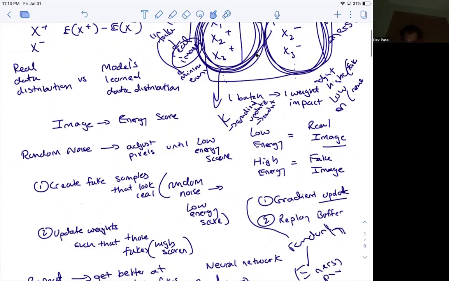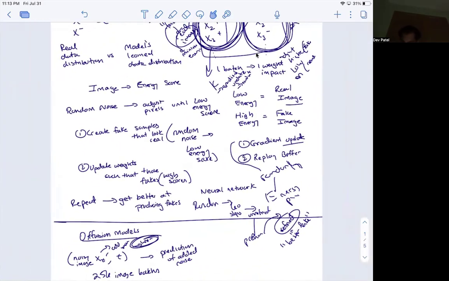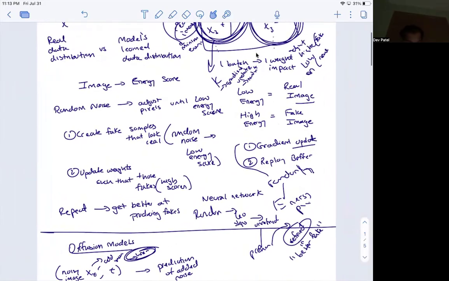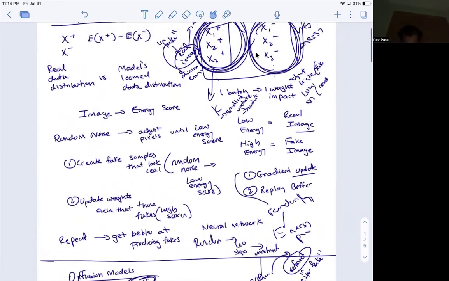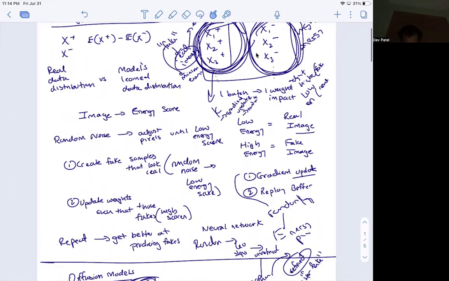EBMs, we talked about replay buffers, creating updates. And again, replay buffers are about where you start. Are you starting from random noise, or are you starting from a previous negative sample? If you're starting from a previous negative sample, then it's going to make the next fake that you generate look more real, because it has already undergone a refinement process. Now you're adding on to that refinement, right? And then it goes through the steps of the entire gradient update process,